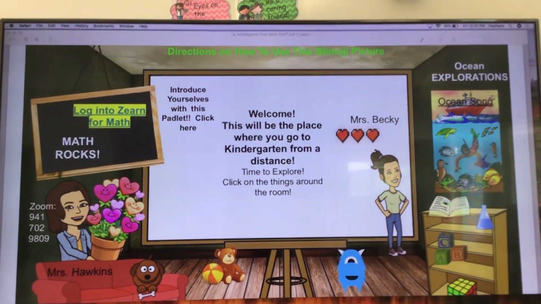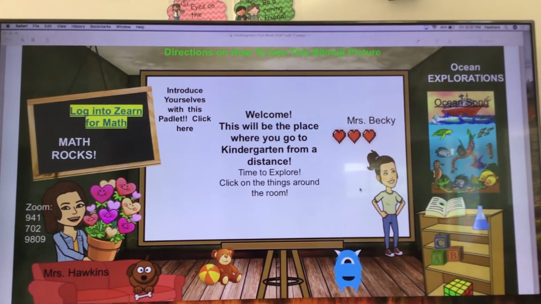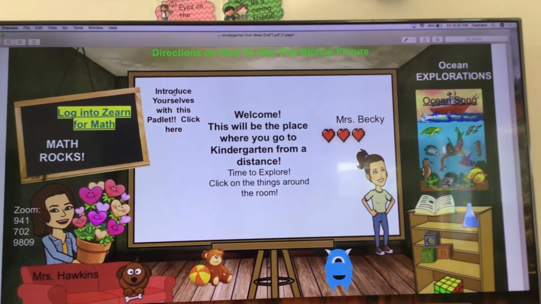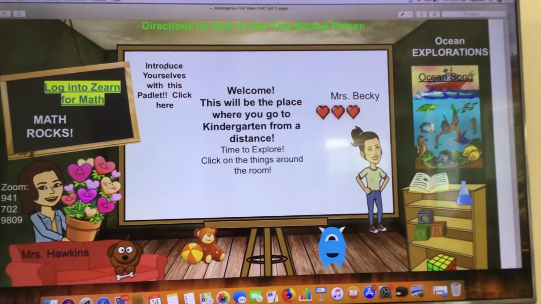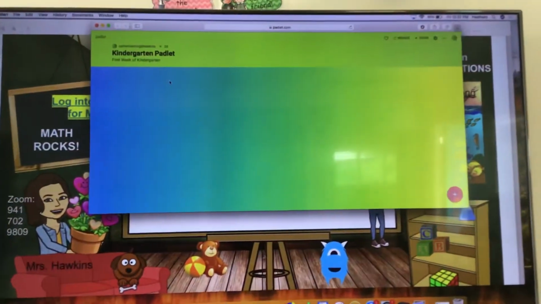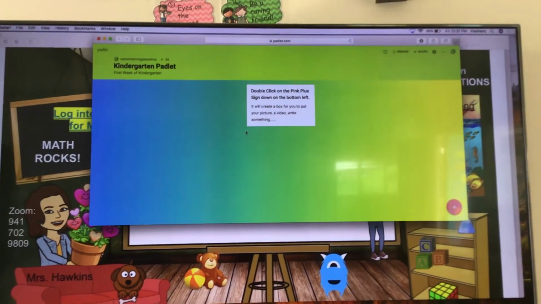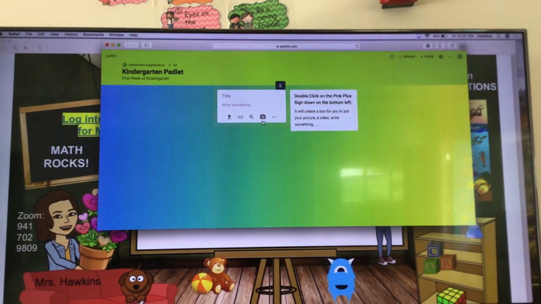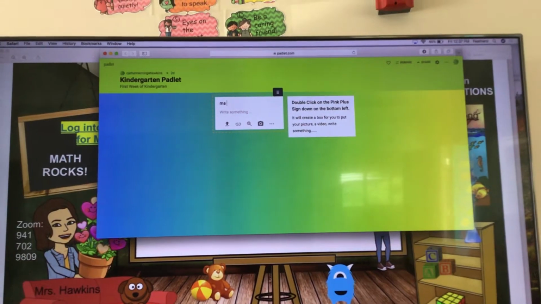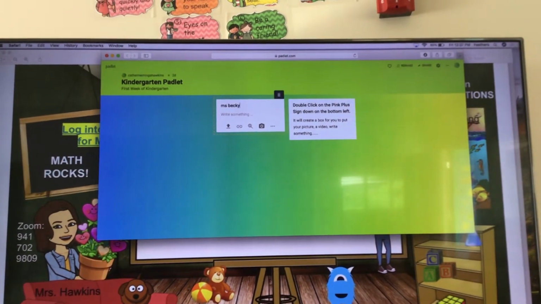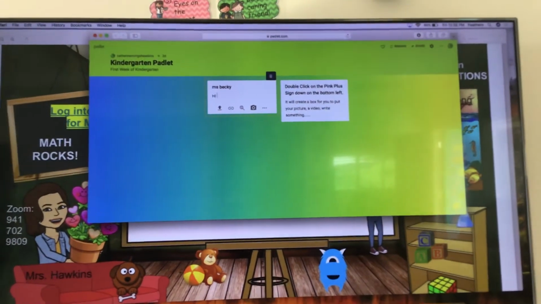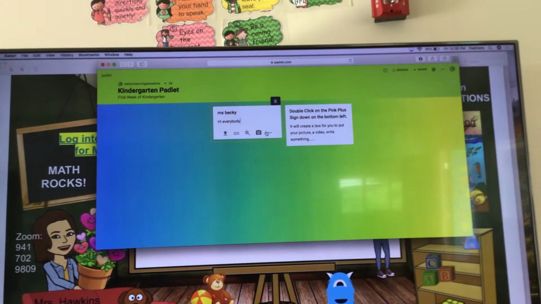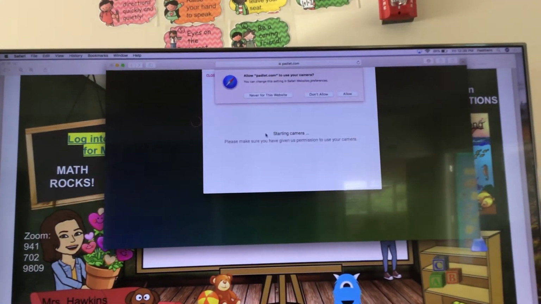We're going to get out of that, and then Miss Becky is going to introduce herself with this Padlet, up on the top of the whiteboard, the other side of the whiteboard. There we go. If you click on that, we use something every once in a while called a Padlet for fun, and this is really easy to make. You click on the little plus sign in the corner, and then you write your name. Miss Becky might say Miss Becky, and then she can write something, or she can take a picture. If you hit on the three little dots on the side of it,